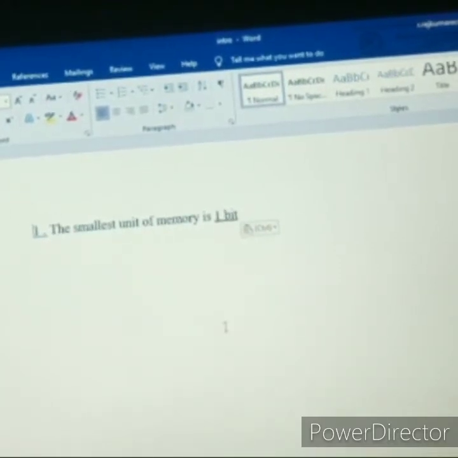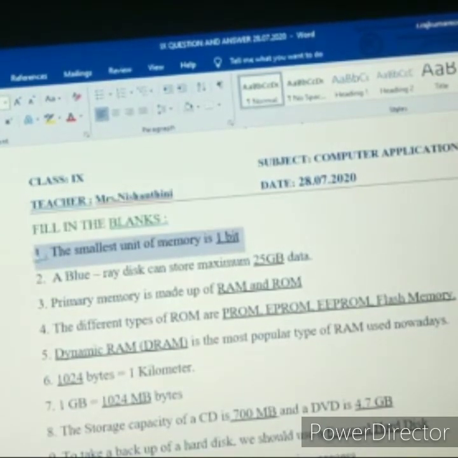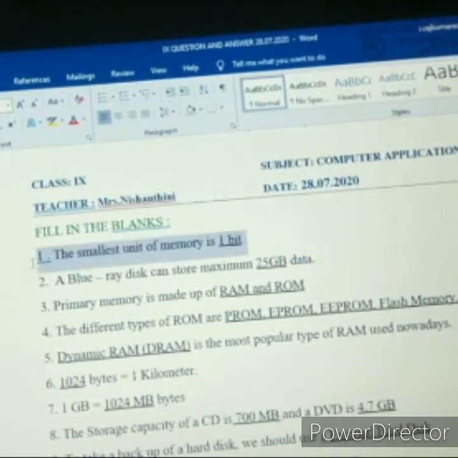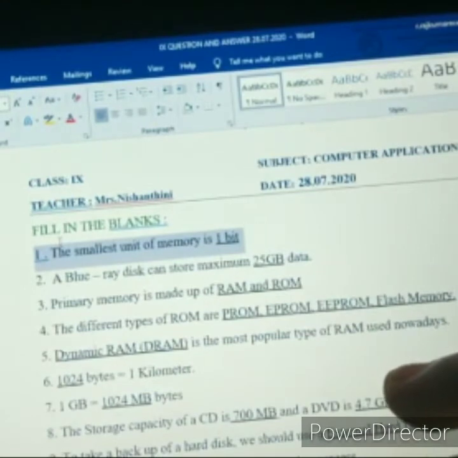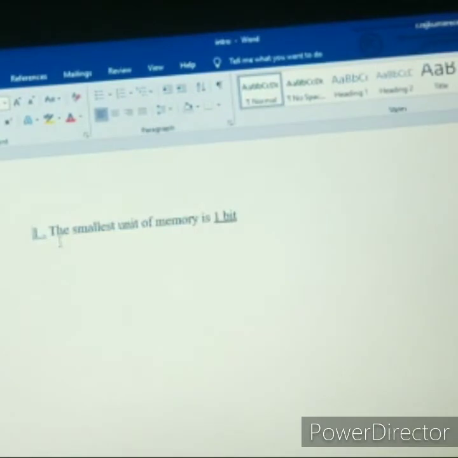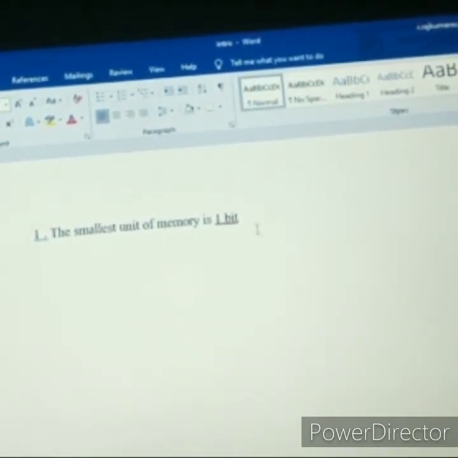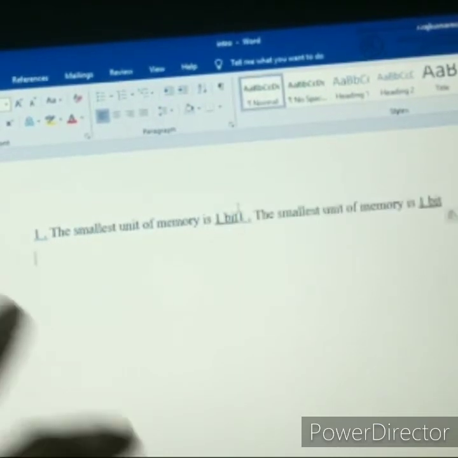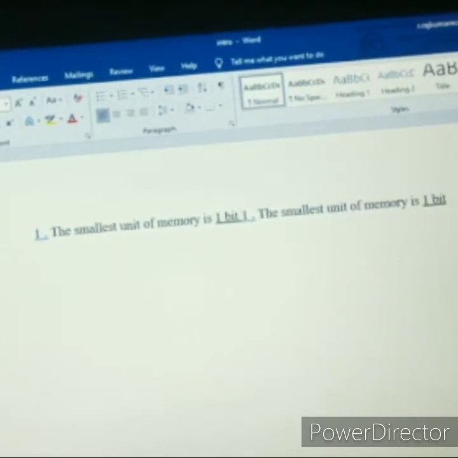So what is the shortcut for copy? Likewise, you just select the entire line and then press Control plus C. Now it is copied. Then go to this file and press Control plus V. So see here, I have pasted with the help of shortcut keys.